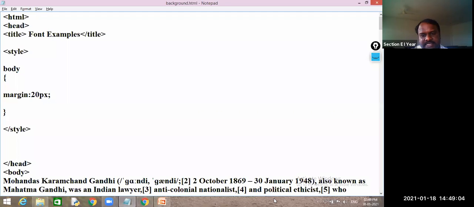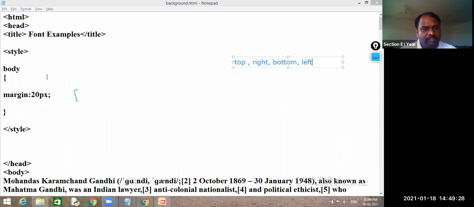The order of assigning values is top, right, bottom, left. This is the way these values will be assigned.